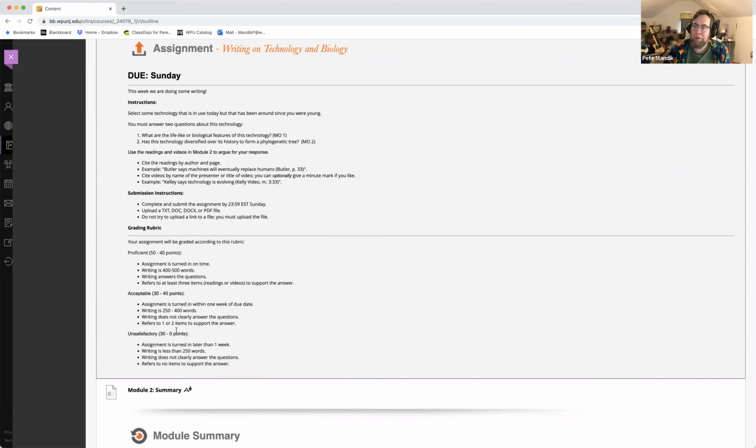Or, another thing to make sure you look at is the grading rubric. The grading rubric is telling you the sort of things you'll gain or lose points for. The assignment has to be turned in on time. It has to be 400 to 500 words long. So it's telling you what you're going to lose points for. None of these things say that you're going to lose points if you use the words I or me. So it's very reasonable to conclude that it's just irrelevant. If you want to use them, go ahead. If you don't want to use them, no one cares.